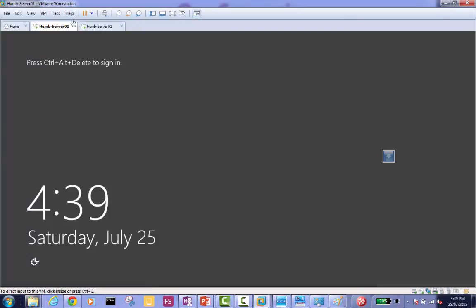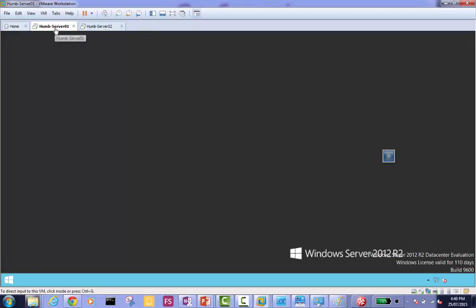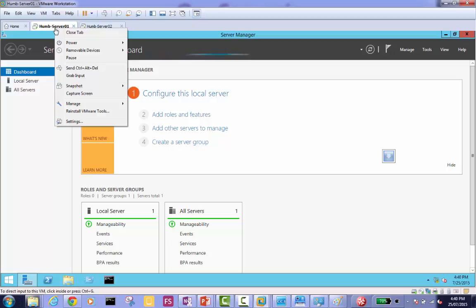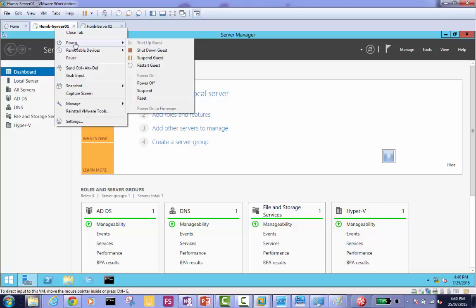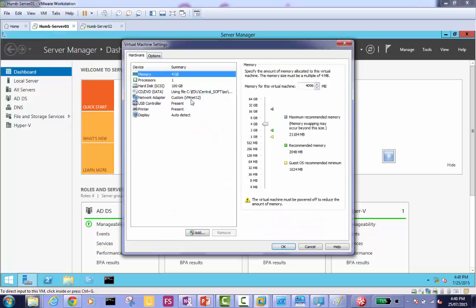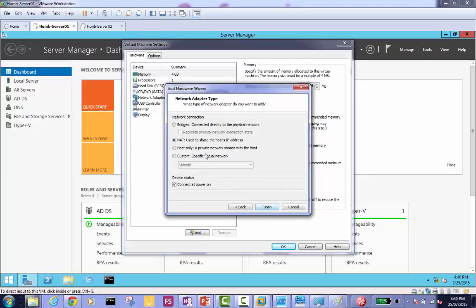I'm on the domain controller now and logging into it. On the domain controller, right click first, add the second NIC and configure it. So first step, add the second network card and configure it, so we can install a VPN role on that. How do we do that? Settings, right click, settings, and click add. We know how to add a network card. Press yes, network adapter, NAT, and then